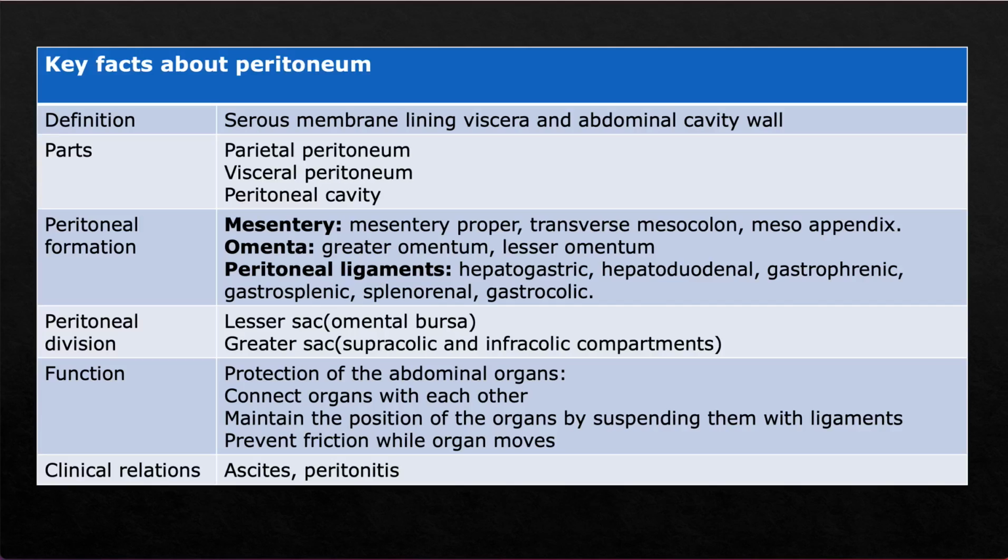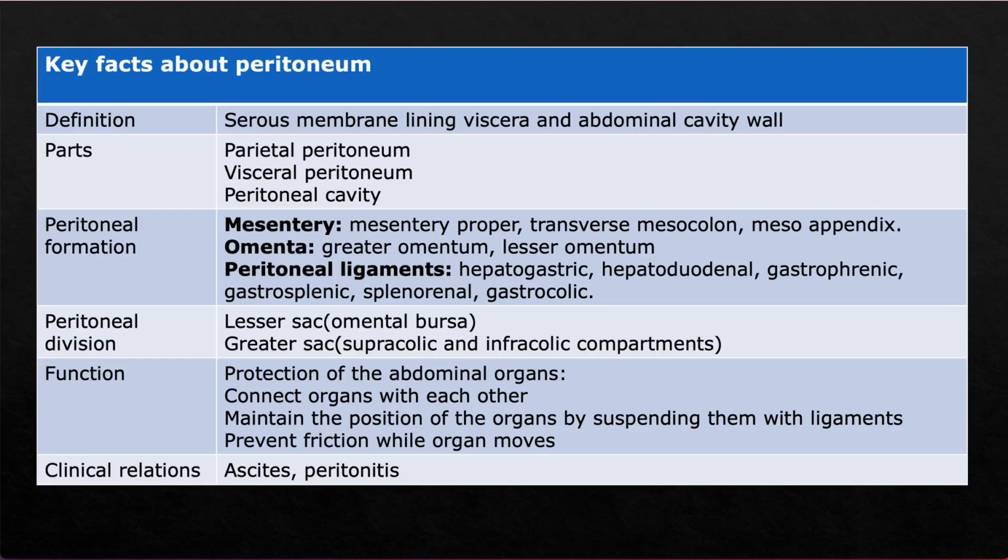Under the category of ligaments, we have learned about the hepatogastric ligament, hepaticoduodenal ligament, gastrophrenic ligament, gastrosplenic ligament, splenorenal ligament, and gastrocolic ligaments. Well, the peritoneum is divided into two broad concepts: the lesser sac or omental bursa, and the greater sac. And the greater sac, we have learned that it is divided by the transverse mesocolon into a supracolic compartment and an